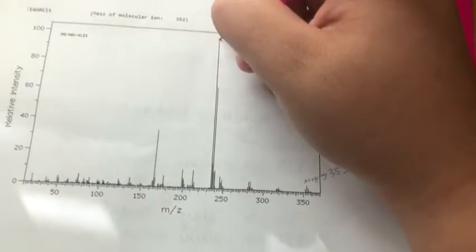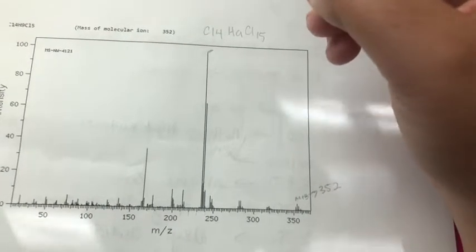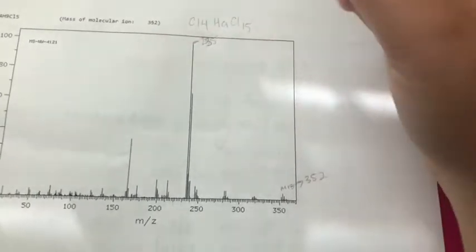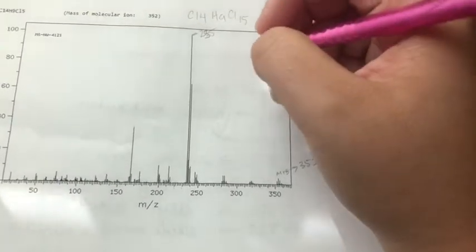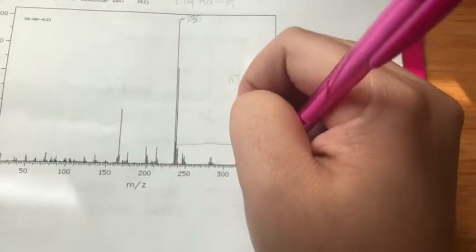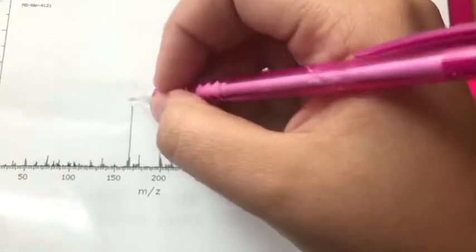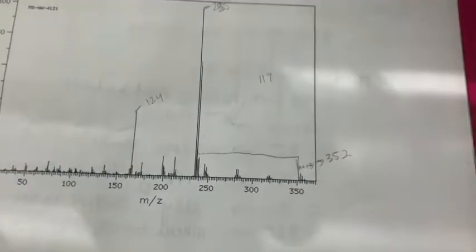at 352. We have our base peak right here at 235, and when you subtract those two, you get 117, which doesn't represent any fragment. And if we look beyond the base peak right here, this peak's at 124, and that doesn't give you any